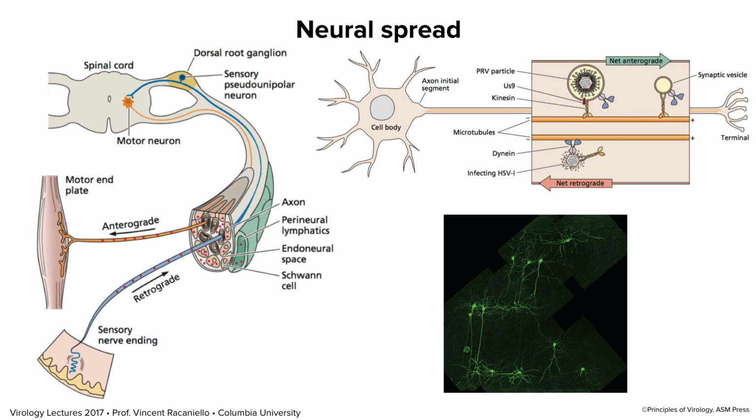Here, the virus was inoculated at one place, and you can see all the neural connections that are made through synapses. So we have nerve cells and fibers that are synapsed together, and the virus can travel from one to the other. It crosses the synapse, so it infects the cell body, it's released, crosses the synapse, and enters another nerve. So you can use this to map the connections in the brain. It's pretty cool.